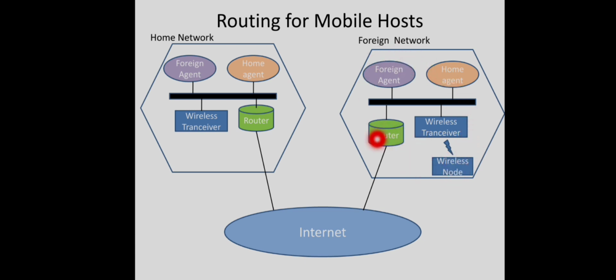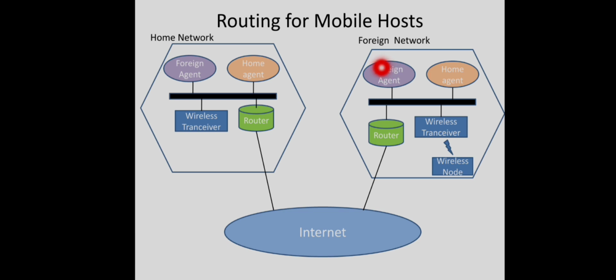So when a new host enters an area, either by connecting to this LAN using cables, which is the case of a migratory host, or just by wandering into this cell, in the case of a roaming host, this computer must register itself with a foreign agent there. This registration procedure has some steps. We can see those steps now.